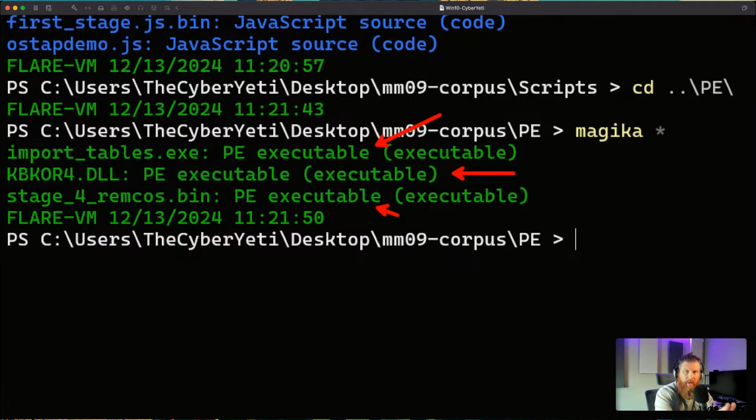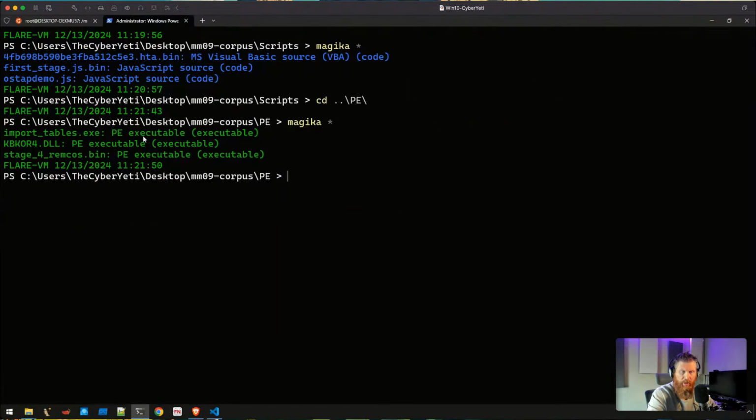Sometimes you can tell if a binary is stripped, which just means that symbols have been removed. Sometimes you'll even see information about packing. UPX is typically the one that I see here. So there's a lot of information that file can embed into the results that it gives. In this case, just seeing the output from magika, PE executable, isn't quite as verbose or as helpful. So it has its areas where it's both great and maybe could use a little bit more love.